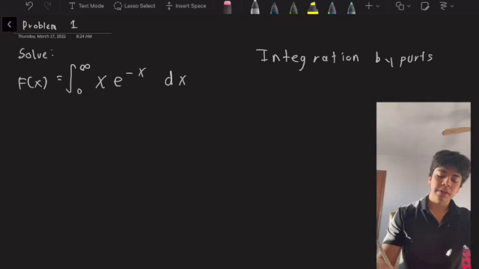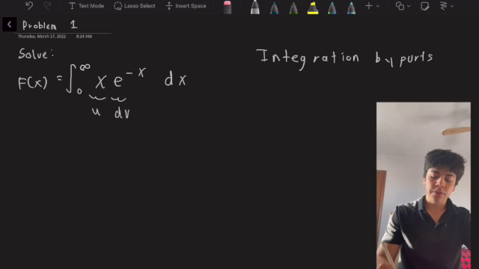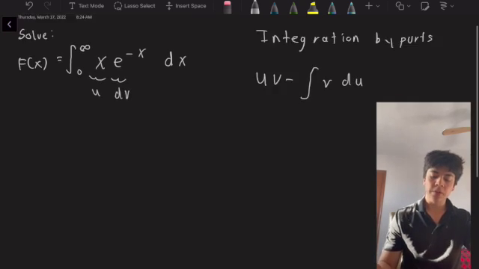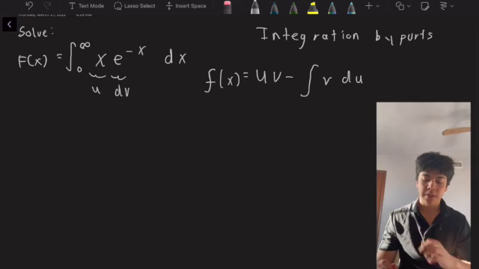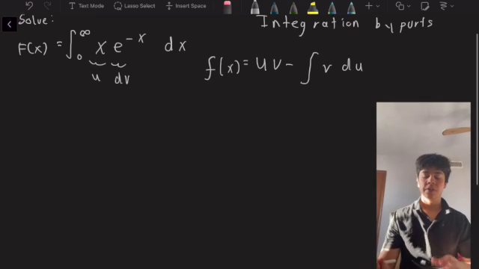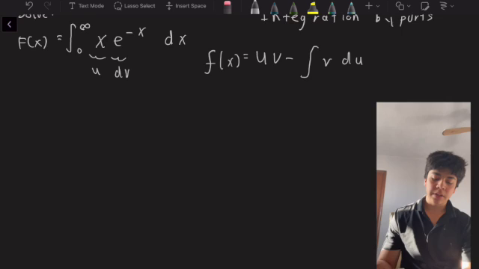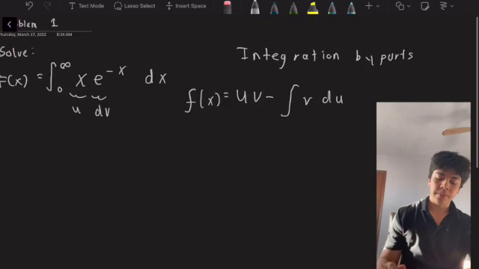So integration by parts tells us that for an arbitrary function, u dv, the integral is given by u v minus the integral of v du. All right, and that equals a function f of x. We're going to say the curly f notation. So to start, we're going to use the acronym LIATE,